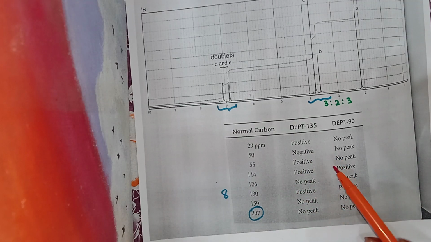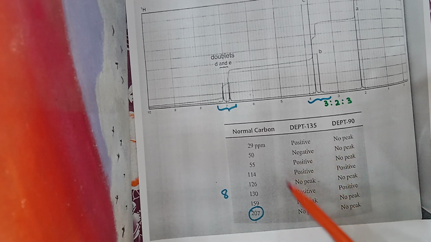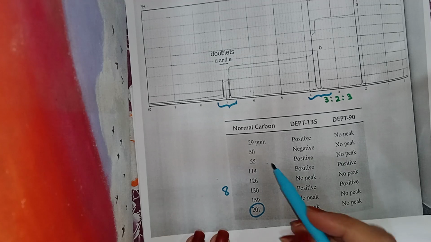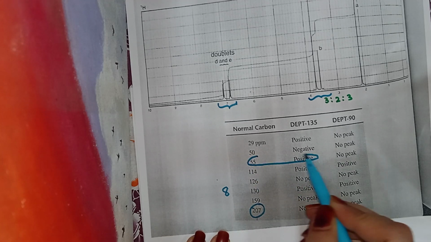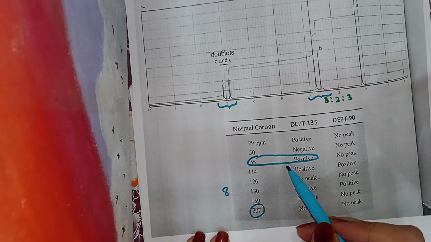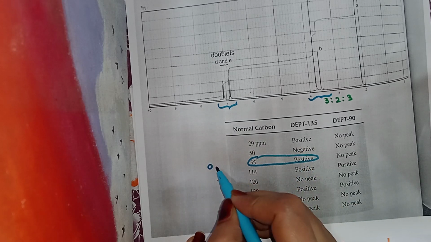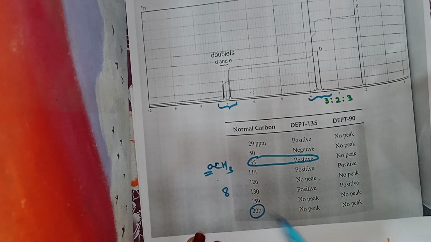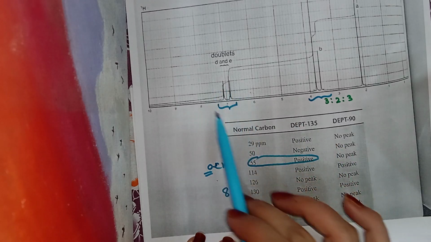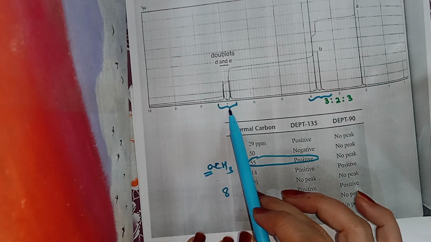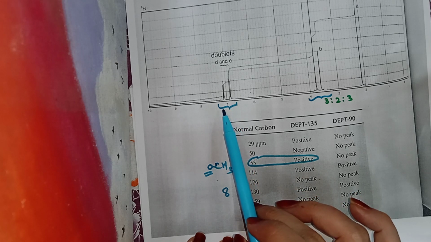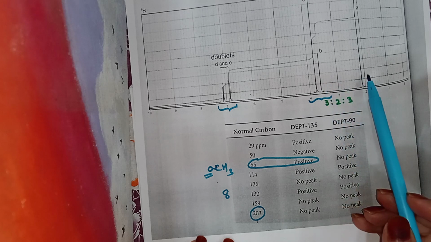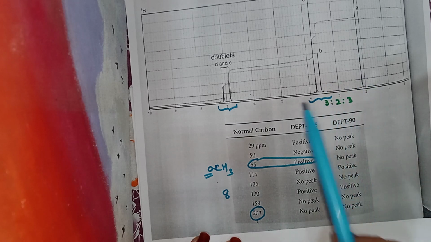The DEPT NMR spectra result confirms the presence of 2 methyl groups and 1 methylene group. The methyl group at 55 is deshielded by the oxygen of this OCH3. Now here we saw that there is para substitution. So keeping in mind all these things, the para substitution pattern and the singlet peaks in the proton NMR, we derive